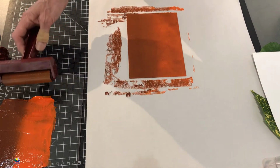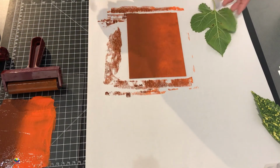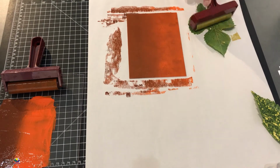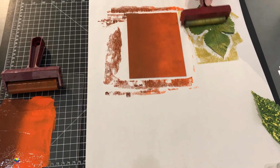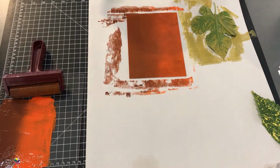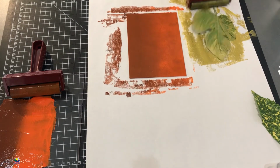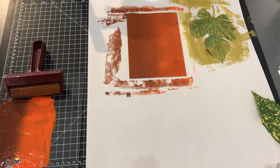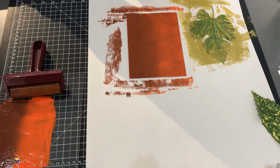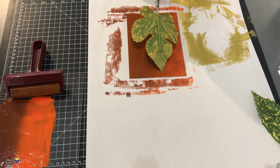Okay, now it's ready to ink the leaves. So we're gonna use this today. Use gold paint. Okay, now I put enough gold paint. Place on